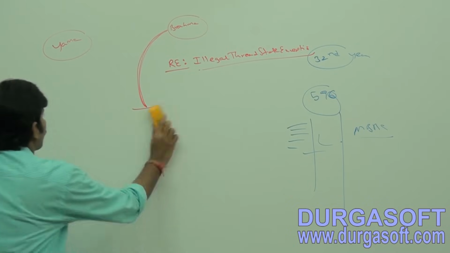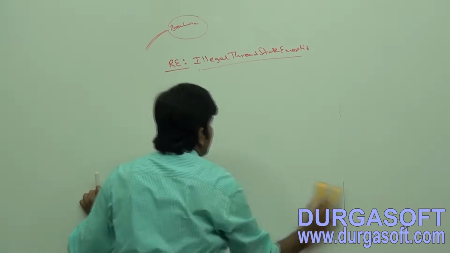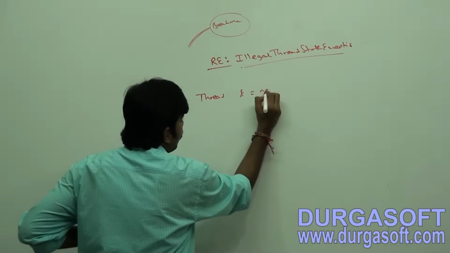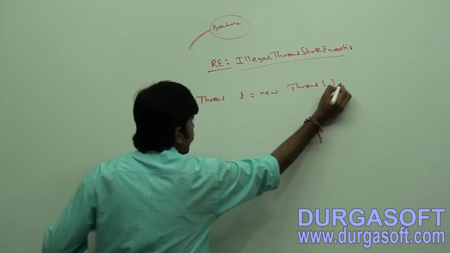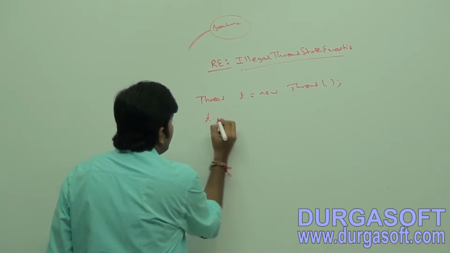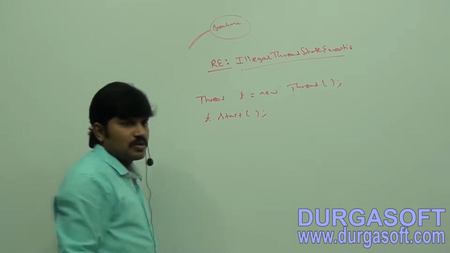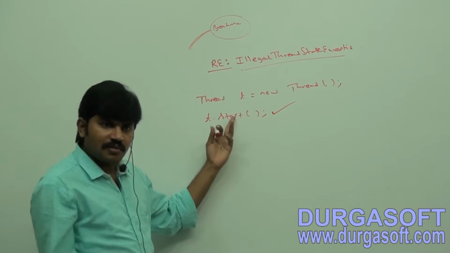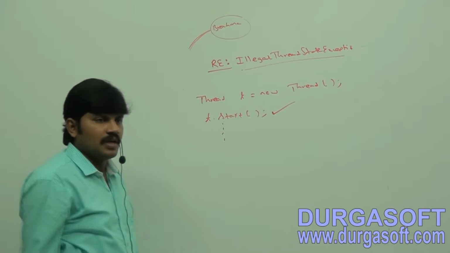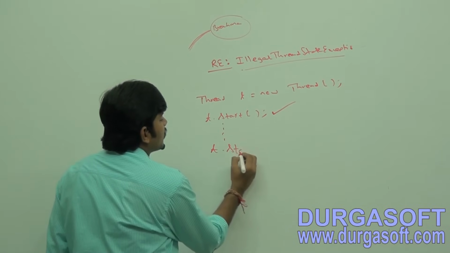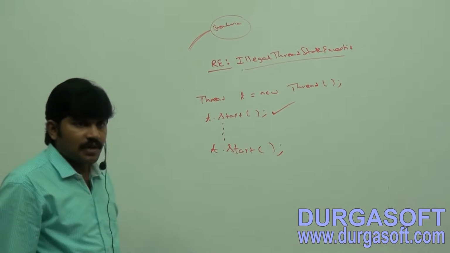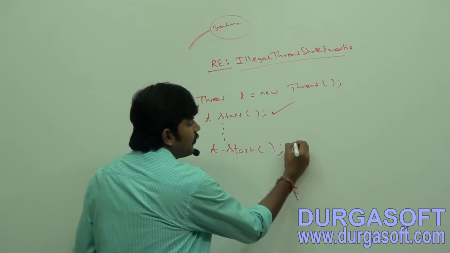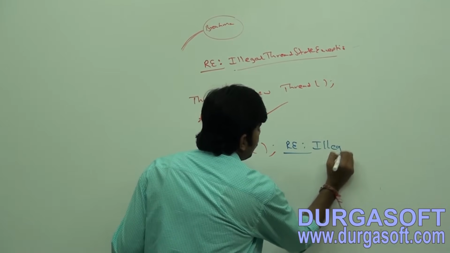Just let me write the code for this. Here see, I hope you people are aware, right? Okay, now here see, sir, Thread t = new Thread(), I am taking. Now t.start(). Okay, is it valid or not? Yes, life cycle started. First time you can call the start method, but after some time I am calling t.start() once again, then immediately we will get a runtime exception saying illegal